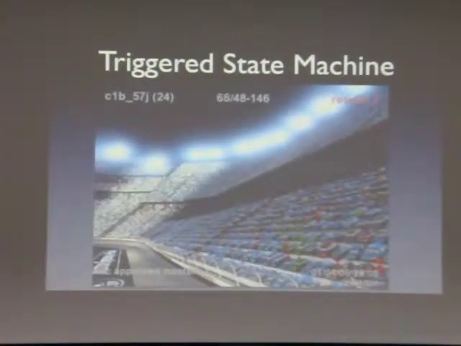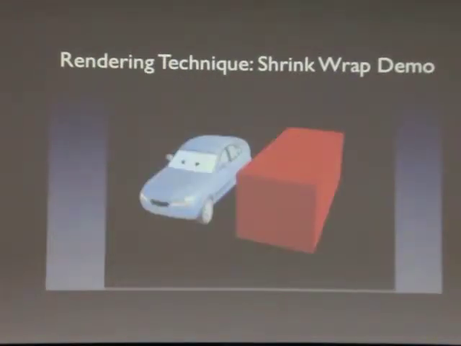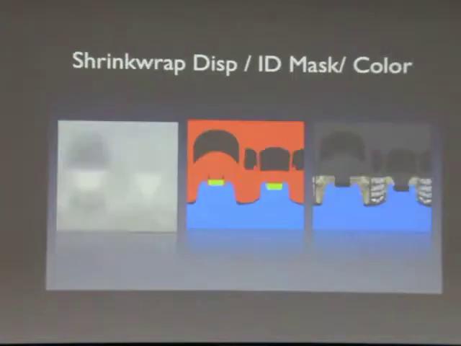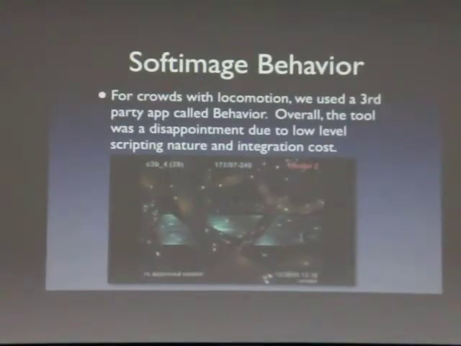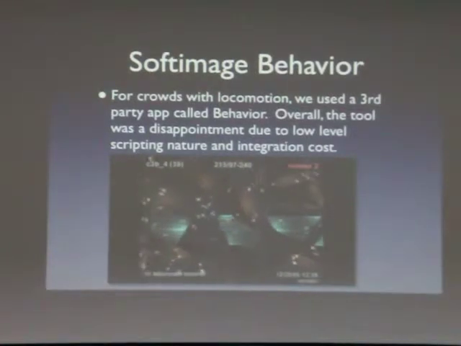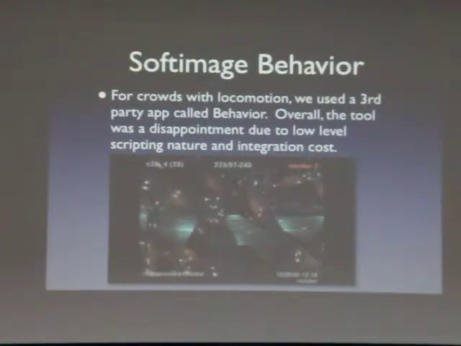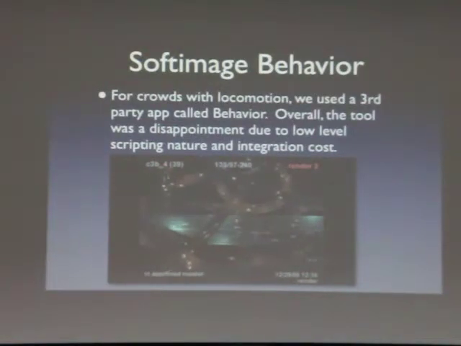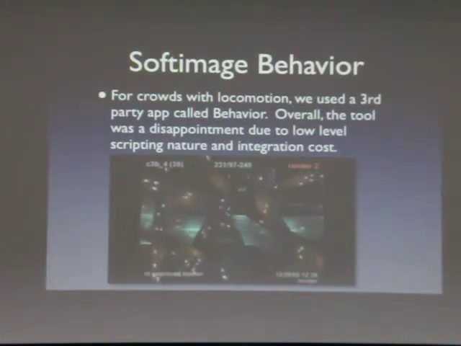Now, I already showed you guys about shrink wrapping, so I'm going to skip this, but suffice to say, we needed that to render those cars. The other way we animated cars when they're moving on a road was through a system called behavior. So it's important to understand the limitations of a finite state machine. At the most basic level, it just goes from one clip to another. It doesn't tell you where